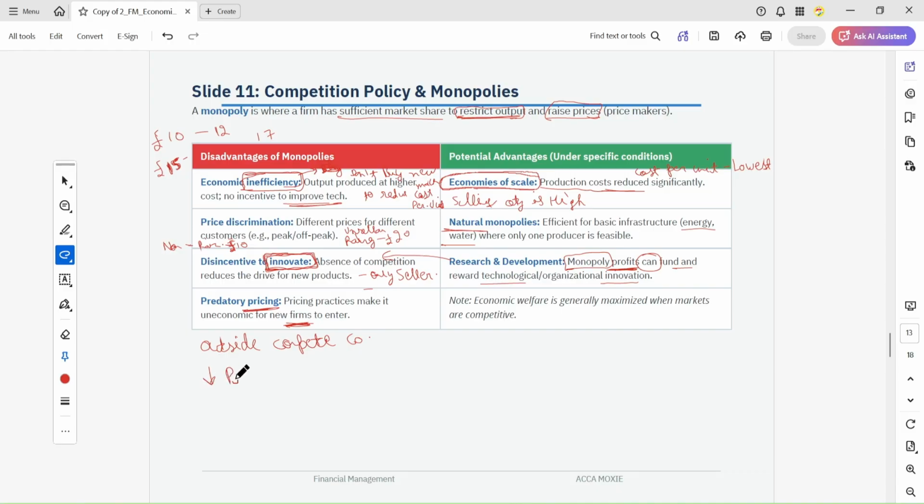It reduces the price to very low. For example, this umbrella, now they start selling at only 2 pound. When you sell at 2 pound, you can still make some profit, or even not make a profit. But for the new entrant,